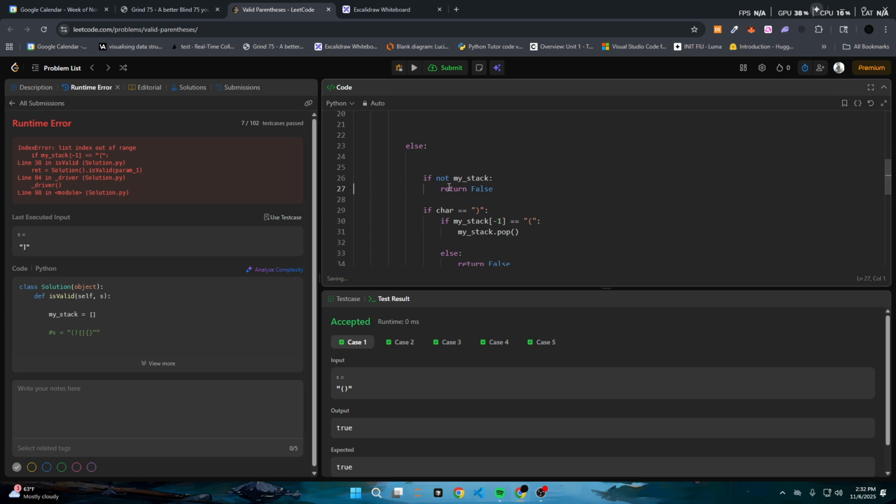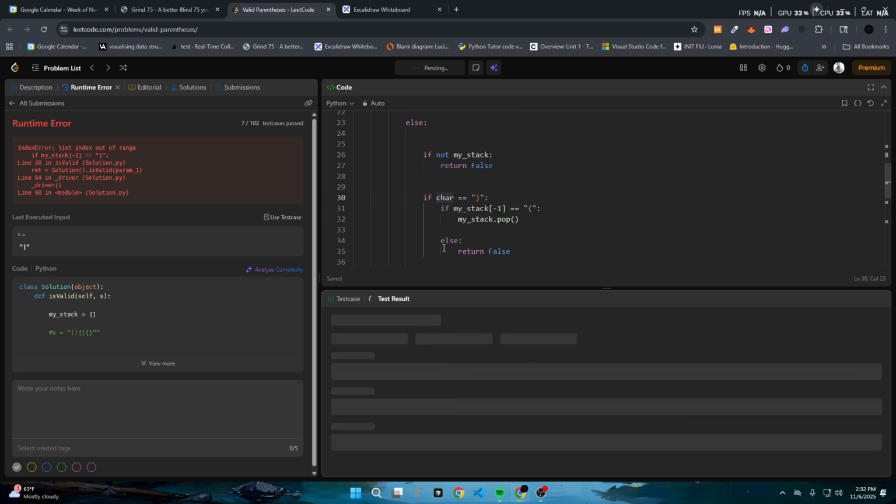If it was just if my stack, what this is saying is, if there are values in my stack, return false. Putting a not here says if there are no values in my stack, return false. And then if I click run,